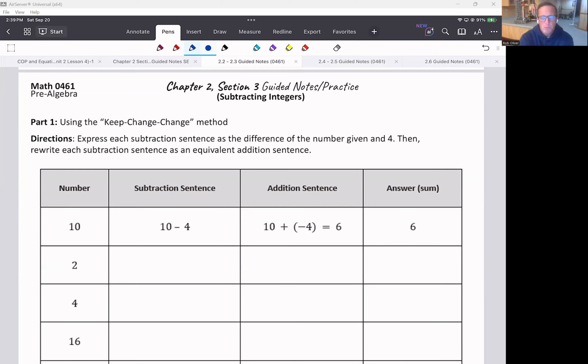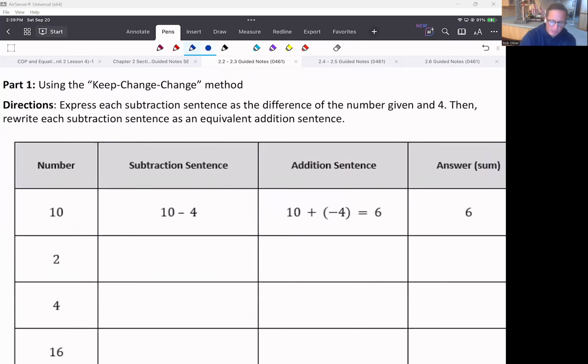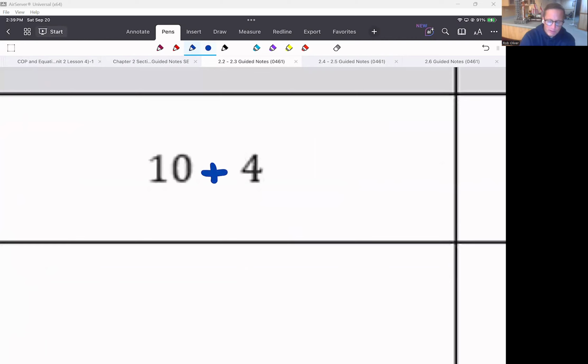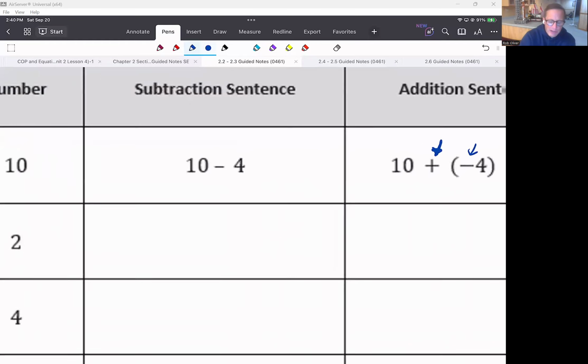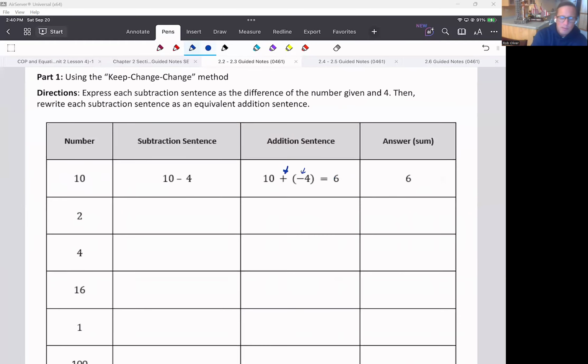We can't just, for instance, right here, say, oh, all of a sudden that's plus. Well, now that's a different problem. That's 10 plus 4, not the same thing. So you can see in this example right here that we squeezed in a plus sign, and then we just made this a negative. So the thing you have to keep in mind, and this is sometimes a